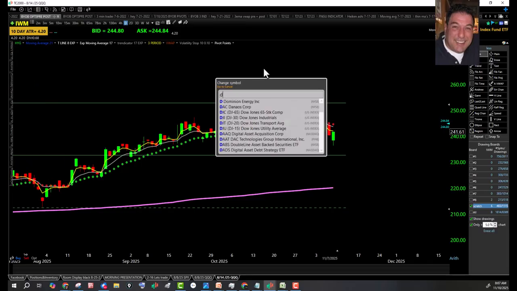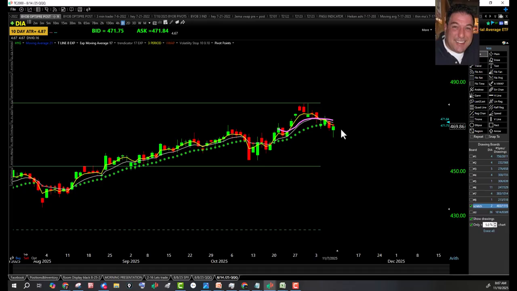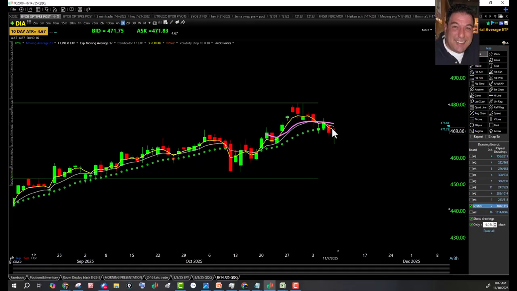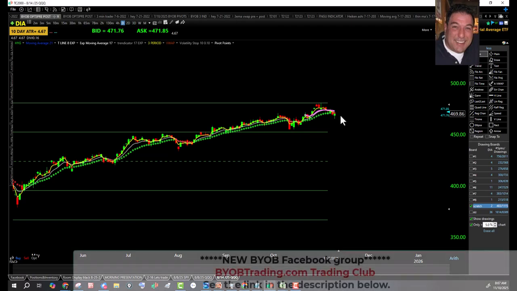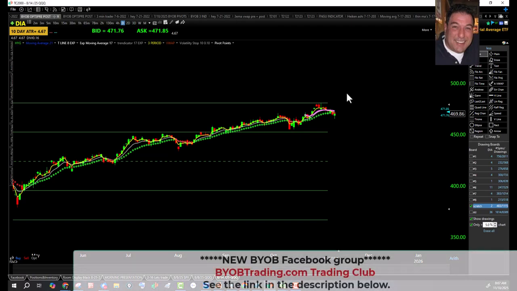Diamond Dow, again, lower high, lower low, closing under the bearish trap. You can see there's a low. They made a lower low, so they're in a downtrend. Diamond Dow in a downtrend, okay, and IWM in a downtrend. Still bullish up there in the middle of quadrant 4, all the way up there near the top.